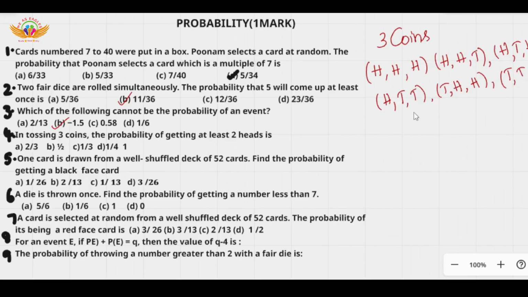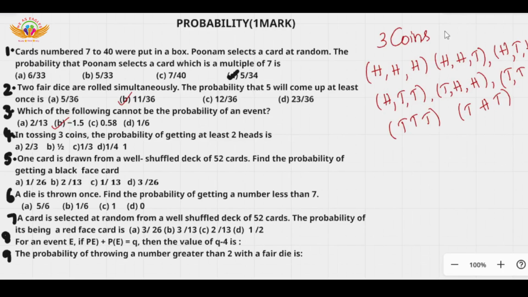And also we can go with tail, tail, tail, all the three. Okay, I think we can write one more possibility, that is tail, head, tail. We finished. So there are total, I think, 1, 2, 3, 4, 5, 6, 7, 8 possibilities for these three coins. So yes, check them again and again.